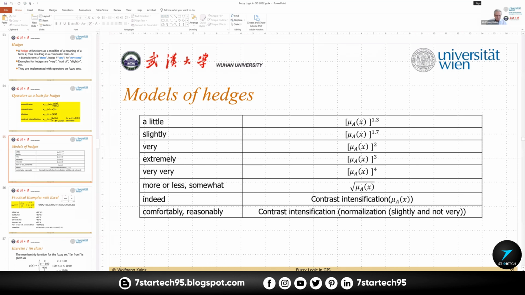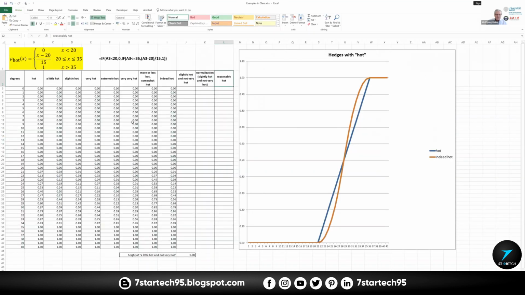We have both here. We have slightly hot and not very hot. So slightly hot is here, and very hot is here, and the not is the complement. So slightly hot and not very hot would be